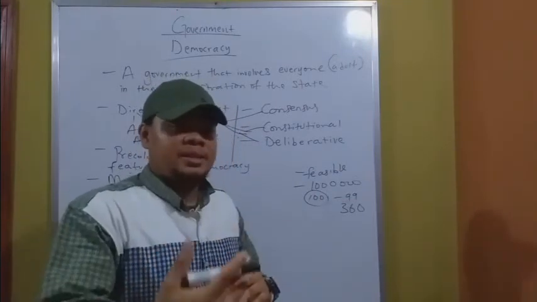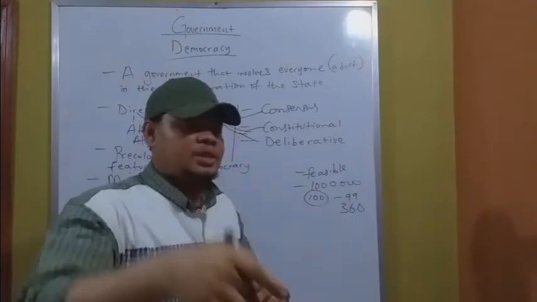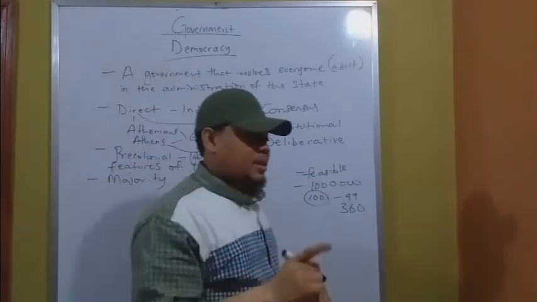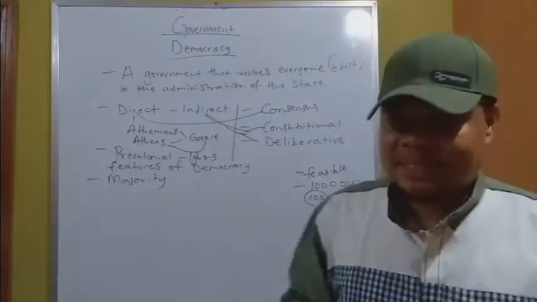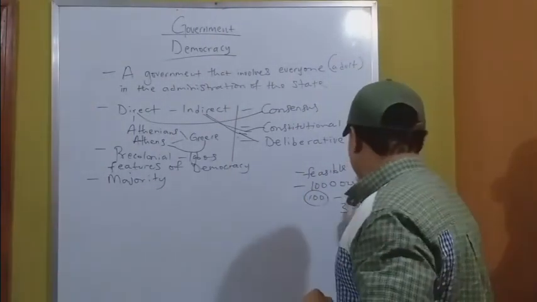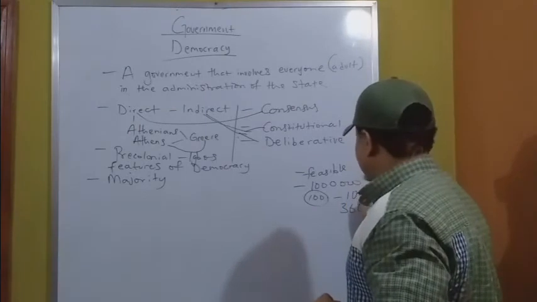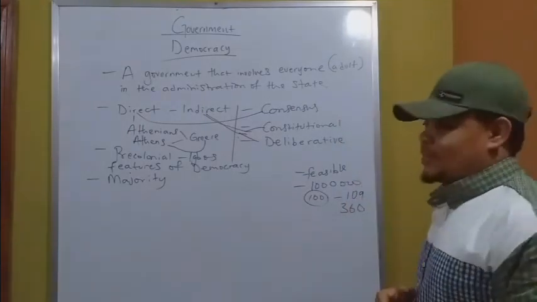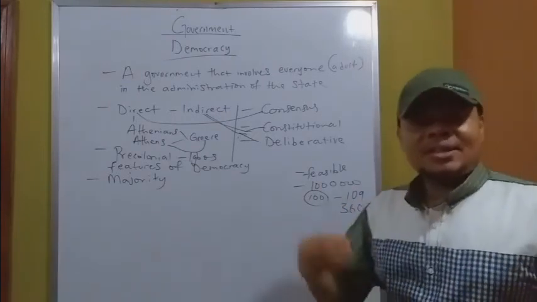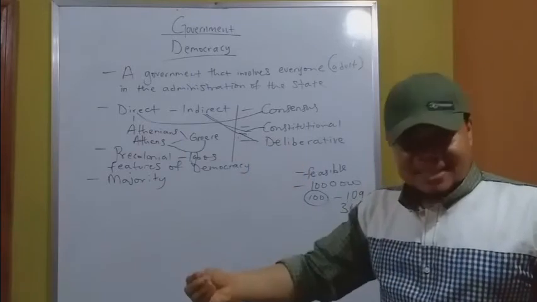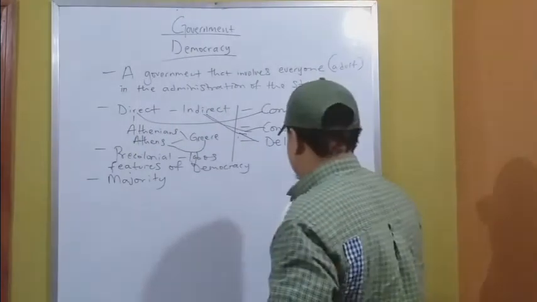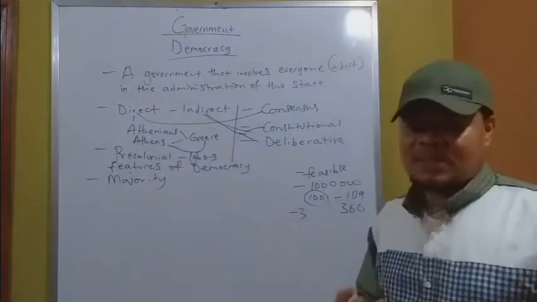Now, in Nigeria, we have 36 states. Now, if we say 3 times 36, we'll have 90. Sorry, there is something wrong with what I have been saying. I'm very, very sorry. The Senate of Nigeria has 109 members. I beg your pardon. The Senate of Nigeria has 109 members. So now every state of Nigeria is represented with 3 senators. 3 senators represent every state, irrespective of the size of the state.